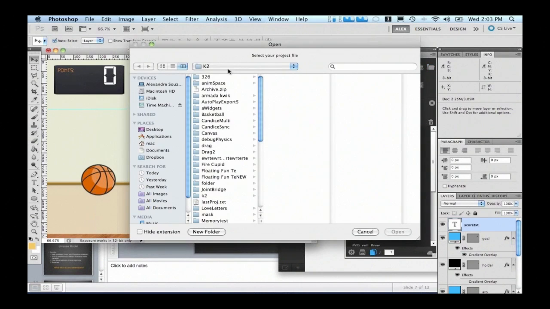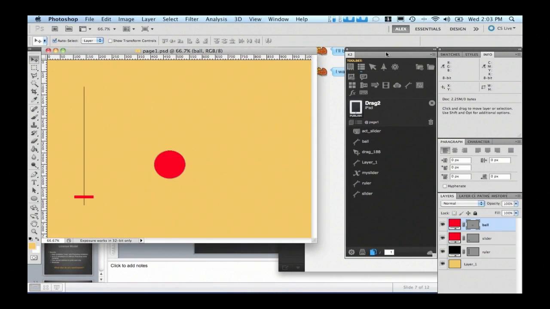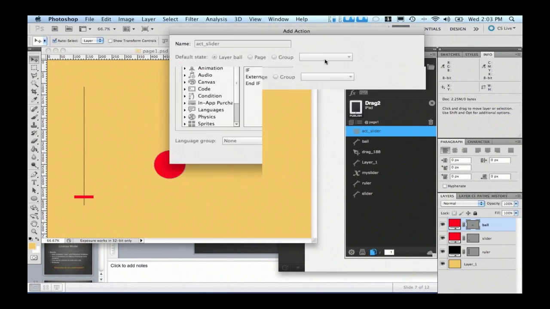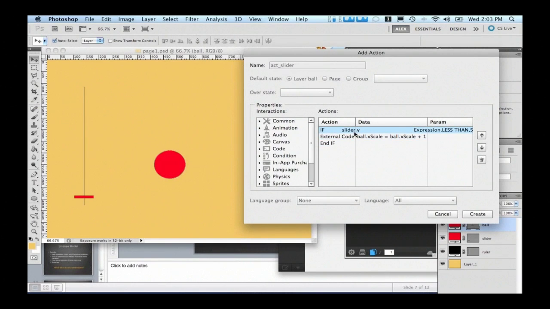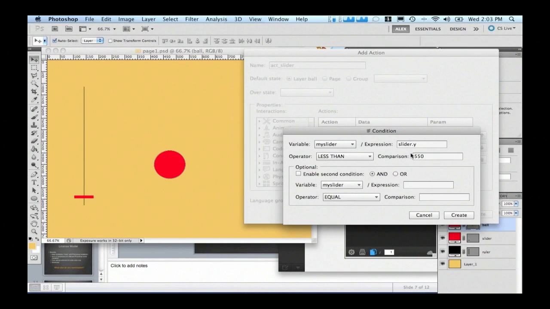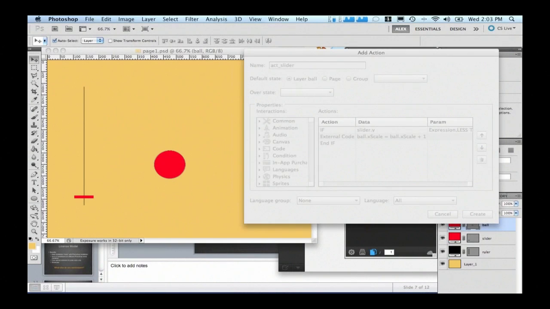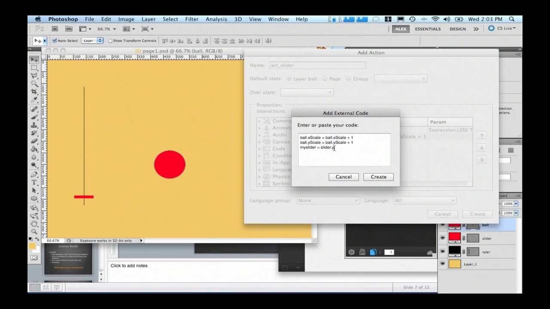Let me show you a quick example here. It's the drag to one, the drag to example. I just created something here in this action. So I have an if here: if I move the slider, I'm going to work with the variable that I created called my slider, and associate the slider y to the variable.